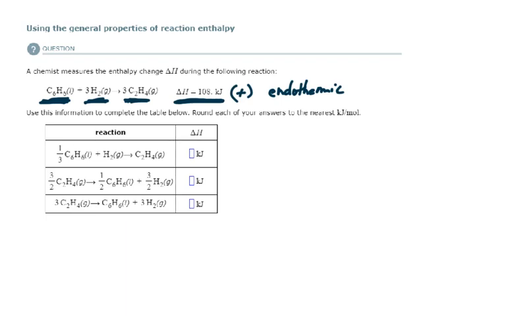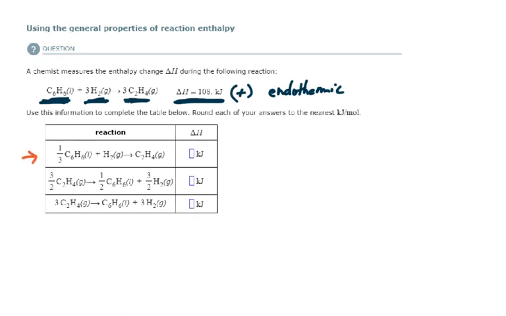And so if this reaction were happening in a vessel or a flask and I were to touch the flask after the reaction has proceeded, it would feel cold to my hands. Now, using this information, let's complete the table below. So, this first reaction here,